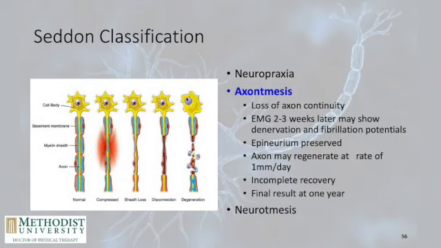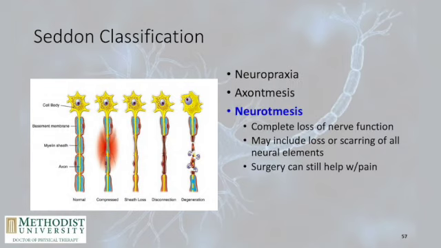Axonotmesis, what we're looking at here is loss in axon continuity. EMG, usually 2 to 3 weeks after the injury, is going to show denervation and fibrillation, remember that's going to be that instability in potentials. The epineurium is preserved. The axon may regenerate at a rate of about 1 millimeter per day, which is normal. And usually there's going to be an incomplete recovery. So this is going to be a person that does not fully recover